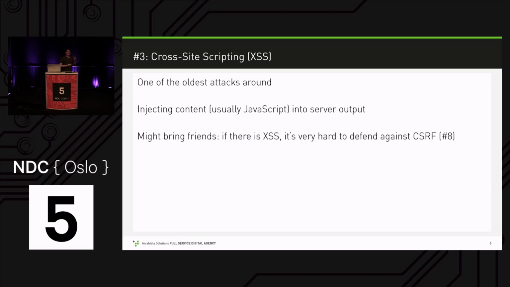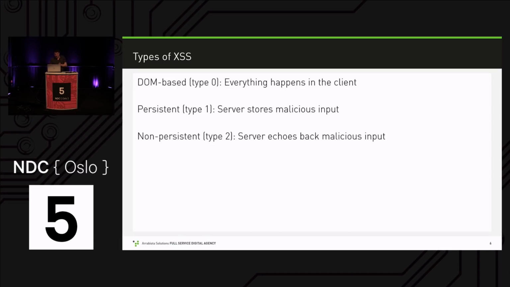Cross-site scripting is still one of the worst attacks to get, because if you have cross-site scripting on a page, not only can the attacker run arbitrary JavaScript code, but also it's almost impossible to defend against other attacks, including cross-site request forgery, which will come 5 points further down in the list. So cross-site scripting really is a big problem. Especially with modern single-page applications, new vectors are opening up, so I find this pretty interesting to mention.